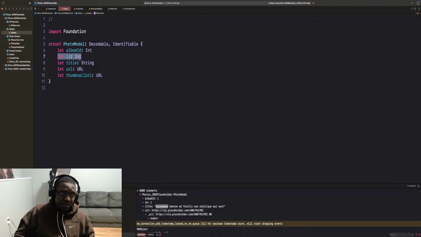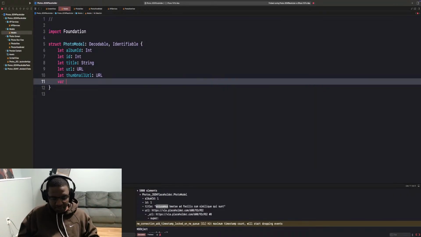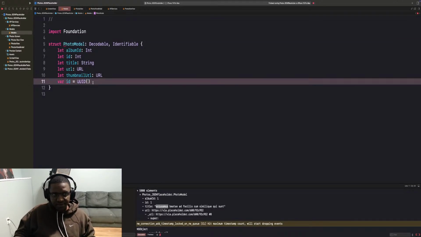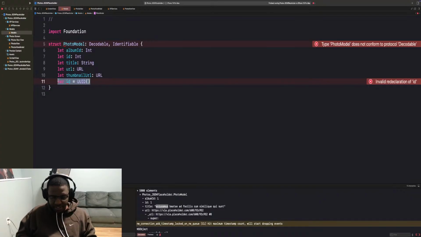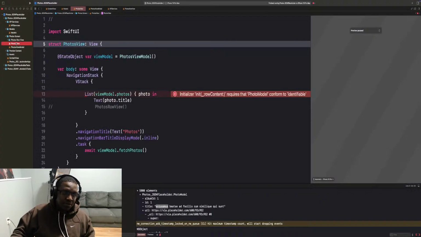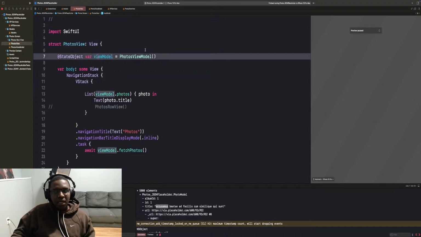If the API didn't have that property, you might need to just add something like var id = UUID(), and that would suffice. But we don't need that, so we can get rid of that. So I'm going to jump back to the view, and this error should be gone now. Okay. And if we look in our preview,